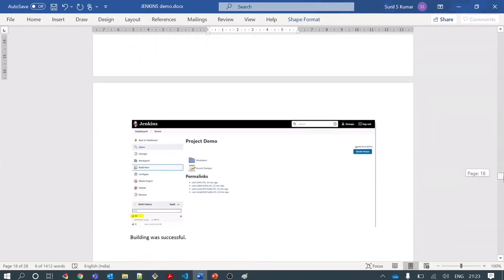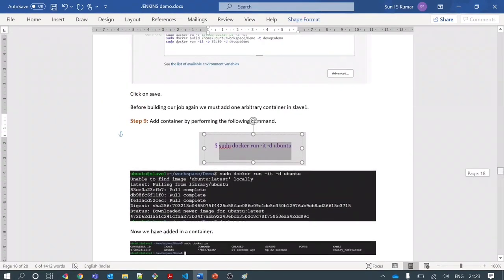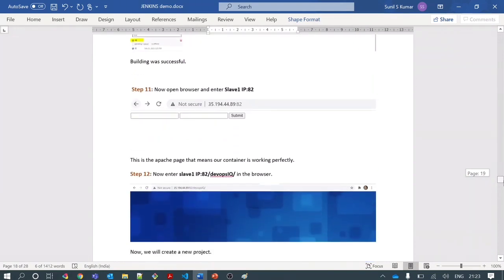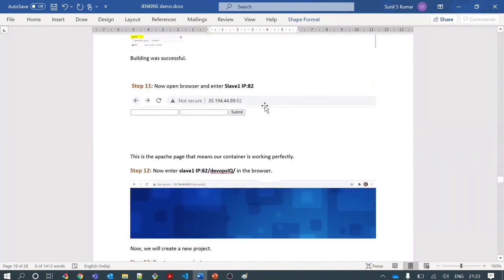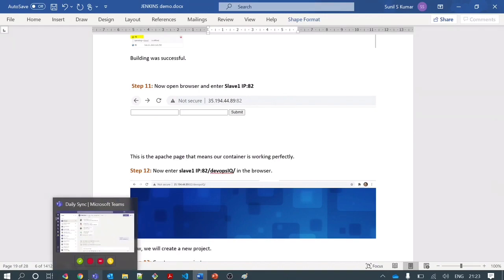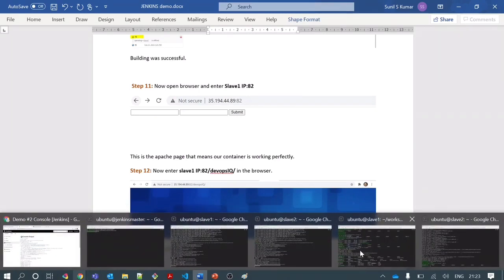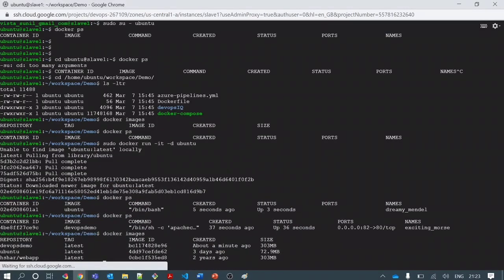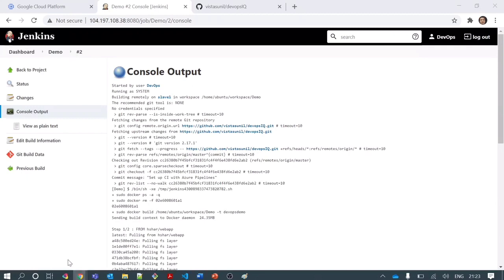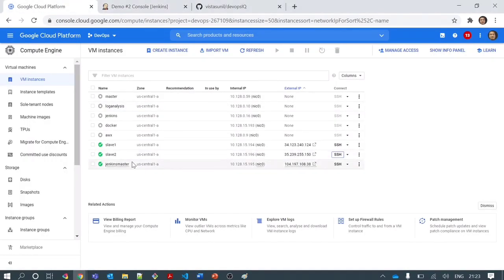This is how my first demo job ran successfully, and we can see the status here. Now, since this container is running, if you see in the command that we executed, port 82 was mapped to the container port inside. That's where if you try to access this container on my VM outside on my slave 1 IP, I should be able to access it.